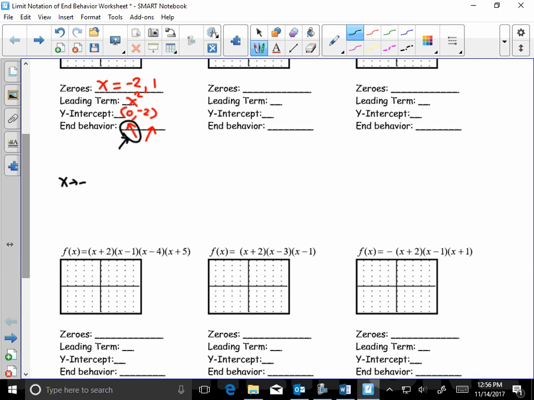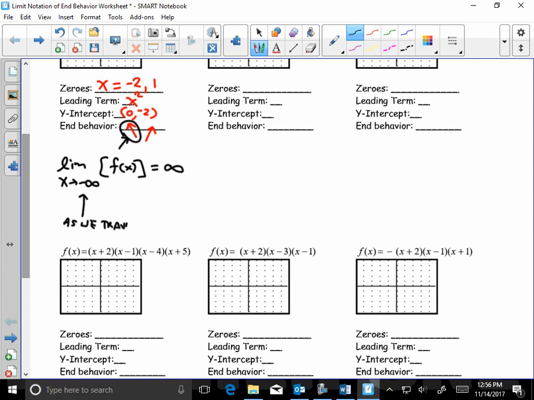x is decreasing to negative infinity. So the limit of the function f of x as x goes to negative infinity equals what? Where does the function go? Up, right? And what is up without bounds? Positive infinity. So this right here means as we